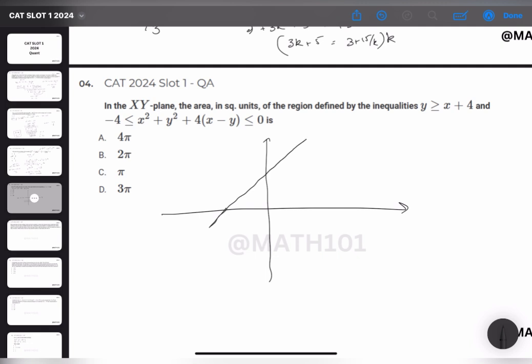And y greater than or equal to, so this is this region, given by 0 comma 4 and minus 4 comma 0. This shaded region, and this thing is